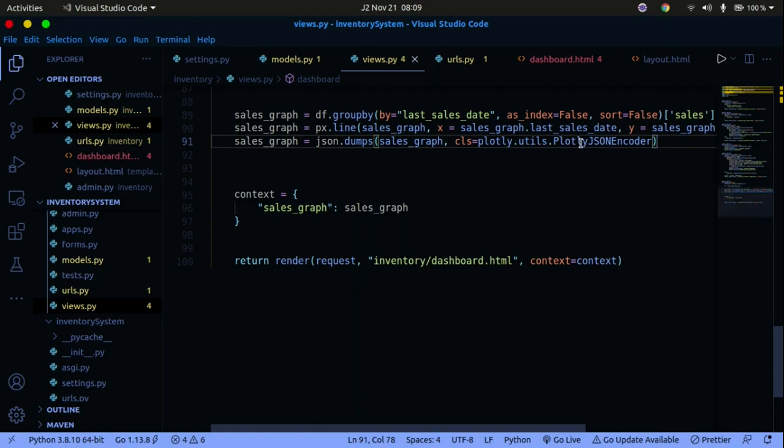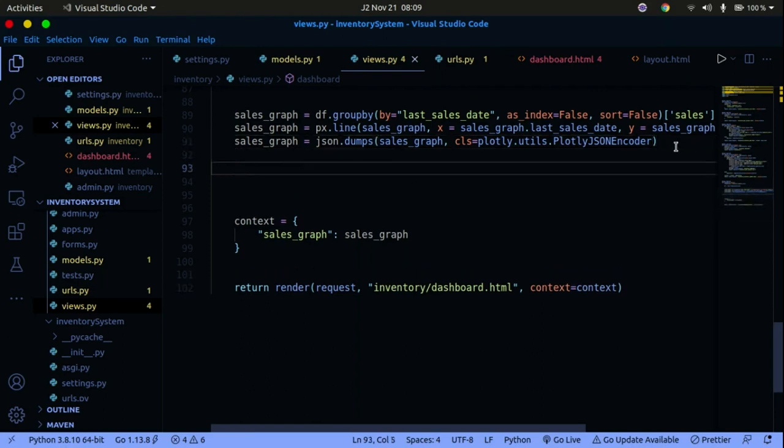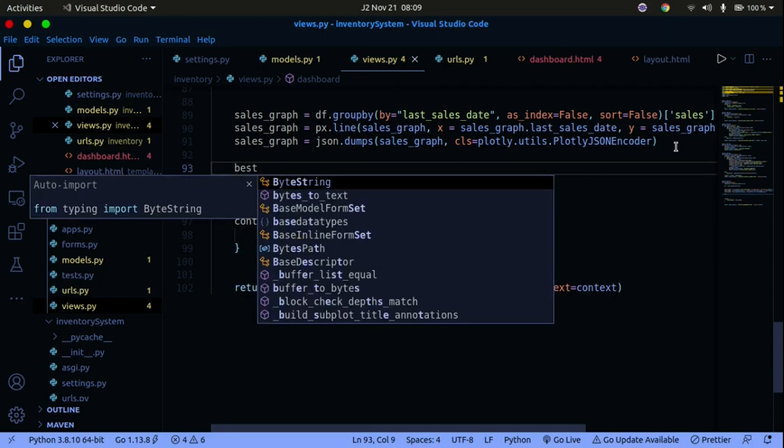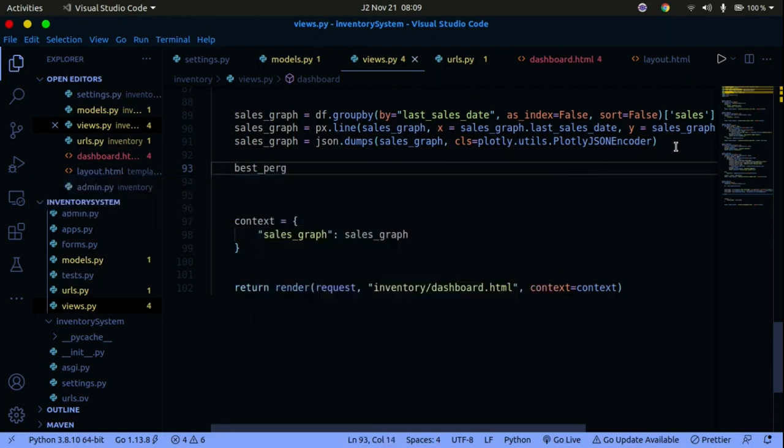So let's just draw one more graph here, and this graph is going to be best_performing_product. So best performing product, let me just go df, and this is going to be df.groupby, and you're going to group by the following. What do you want to group by? I want to group by the name of the product, and then after I group by the name of the product, I want to find the sum of each product, and then I want to sort values,